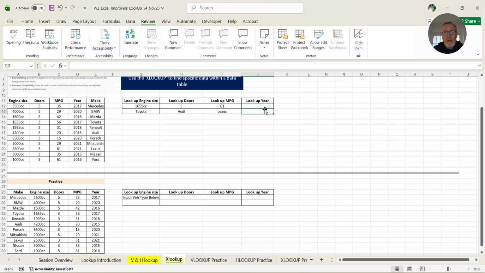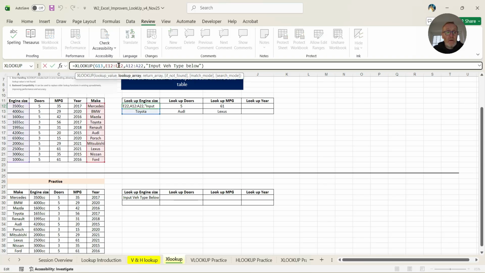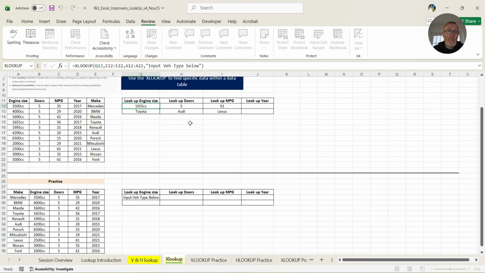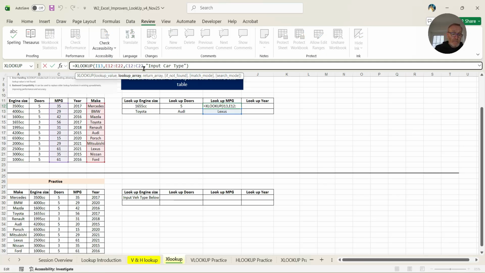And again, you could do that for look up the year as well. You could make these conditionally absolute cell references so that the lookup array would be an absolute cell reference, and then you could drag the formula across, autofill the formula across, and then just change the columns if you wanted to. So let's just have a look how that might be with this one here. So if we make the lookup array an absolute cell reference, and then if we drag this across,